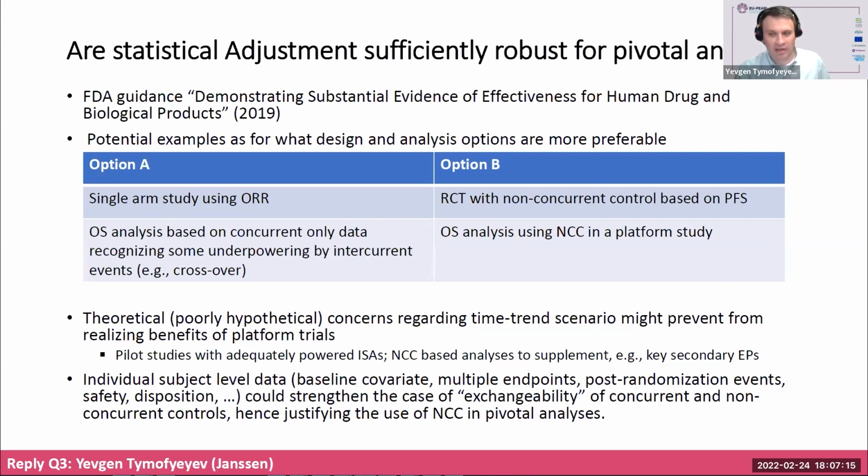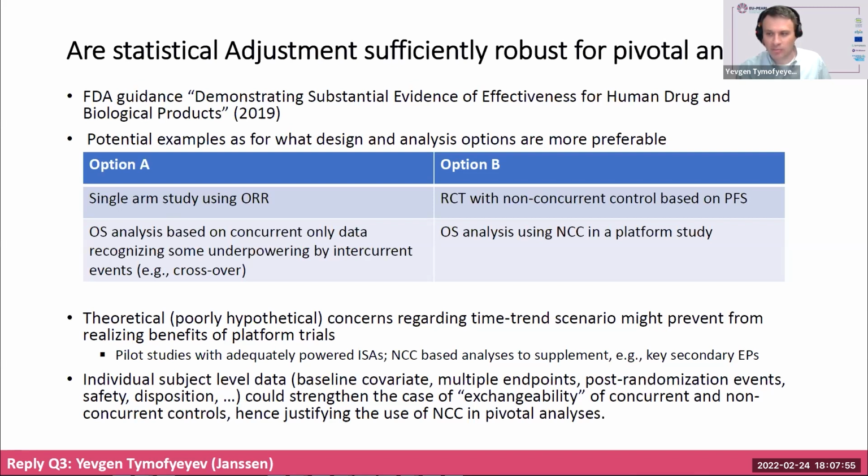We're raising the bar, and we recognize the strengths of the evidence, and that could be a niche for NCC use. Another example, also maybe more relevant to oncology, is about establishing evidence regarding the overall survival drug effect. And again, very often PFS is viewed as an acceptable primary endpoint. Of course, overall survival is super important and will be studied as well, but it could be less powered. And one of the main reasons for potentially underpowered analysis is the crossover to the treatment that already established efficacy in terms of PFS improvement.